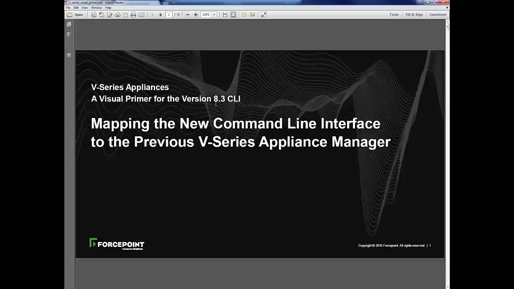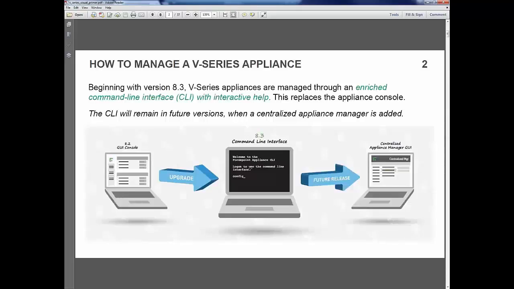Again, it's the Visual Primer for version 8.3 CLI. For 8.3, we've moved from a graphical user interface to a command line interface for administrating the V-Series appliances and X-Series for that matter as well. It's a common CLI, so whether you have V-Series or X-Series or both, you only have to learn one set of commands. We've done away with the admin console, but sometime in this year, we will come out with